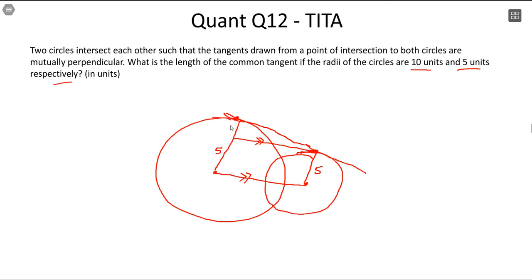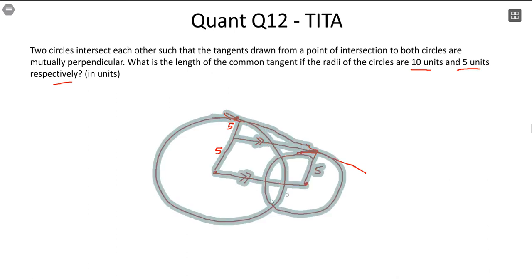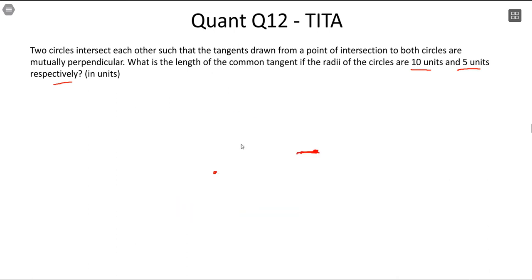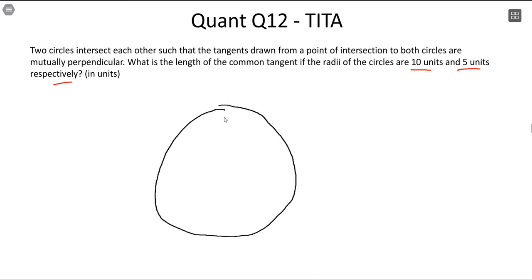Now, if this is 5 and this is 5, oh, I don't think I have completely recorded the information. I haven't even recorded the data about their tangents and everything. I will have to draw again. Sorry. Let me draw with the black color this time. Sorry. If only there was a tool by which I could make proper circles, not these pathetic shapes that I make right now. But okay.